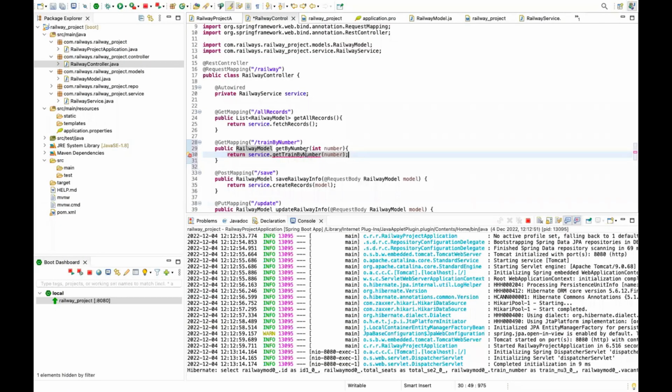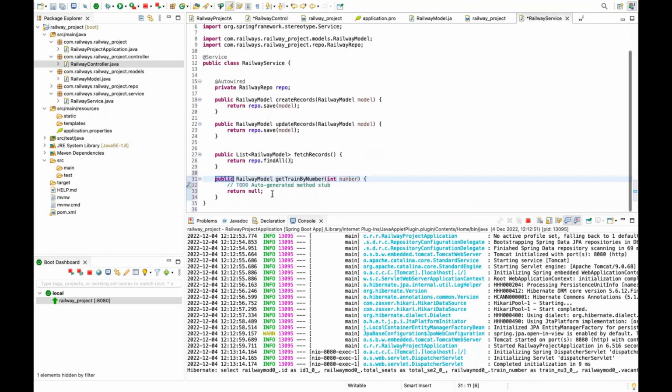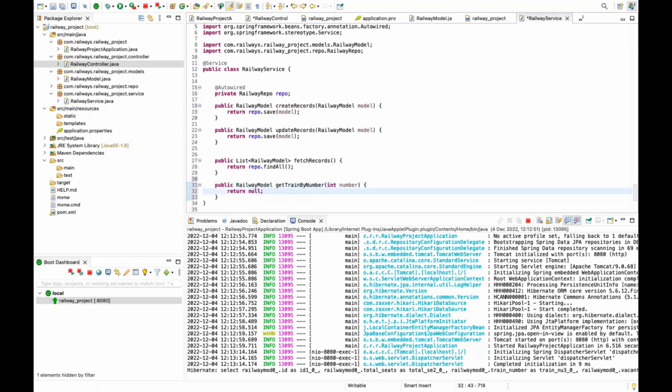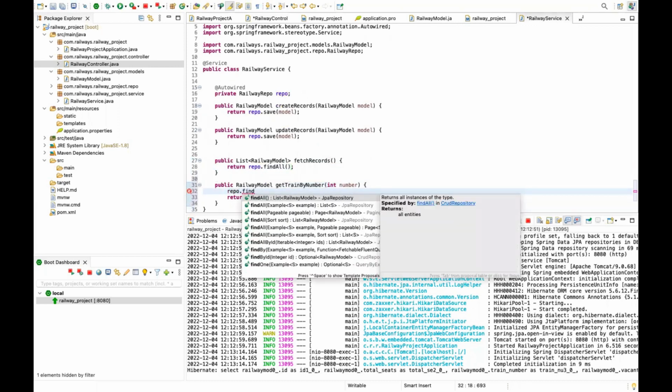Get by train number, and it says that we don't have any method there. So let me just create one method there, and it will be here, right? Control T, and what we're gonna do is we're gonna say repo dot find by